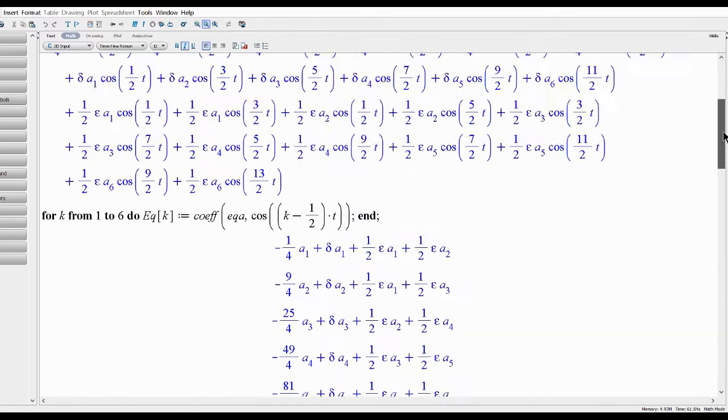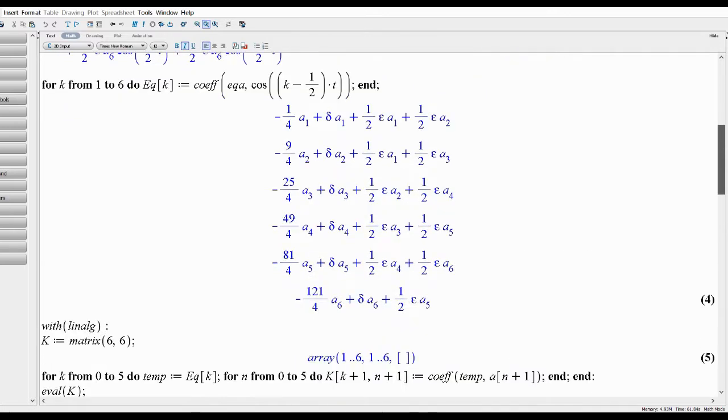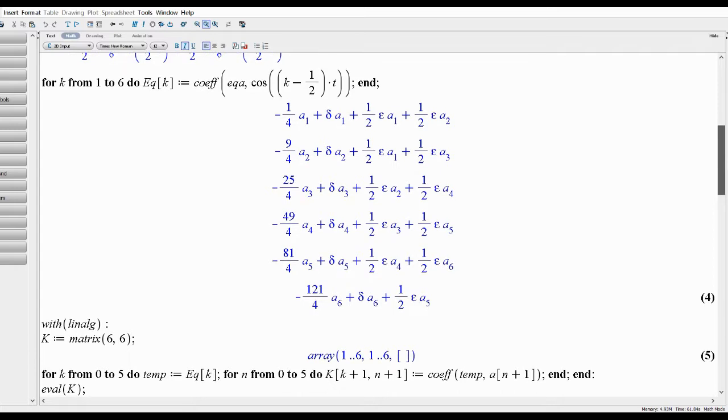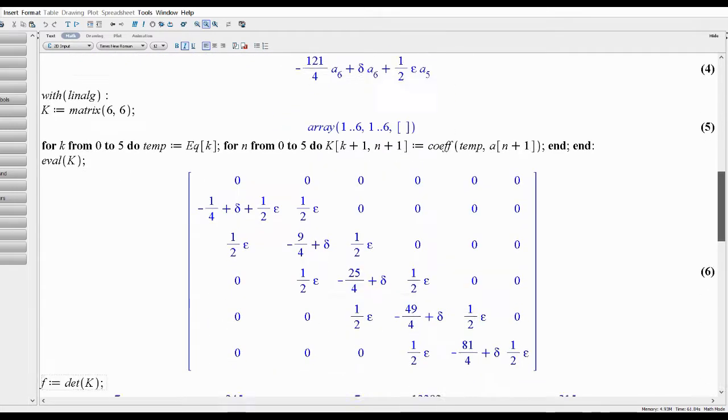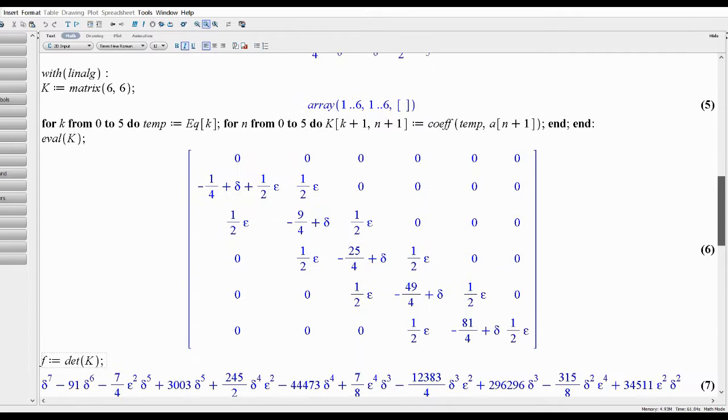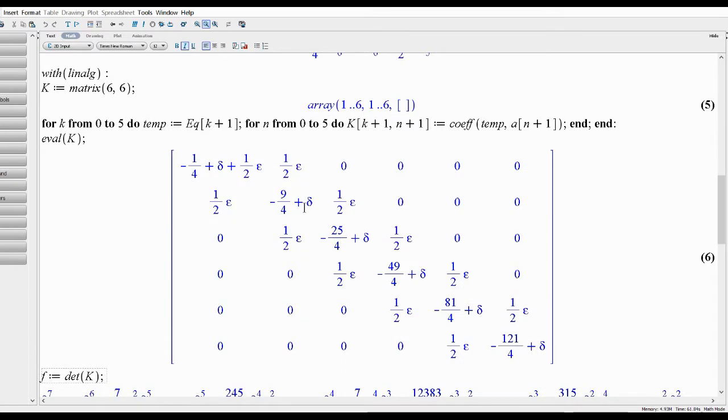The first equation does not have a0, it has a1 and a2, and the next one has a1, a2 and a3 and so on. So over here there is no equation k plus 1. Okay, so that's better. And now you can see that when epsilon is equal to 0,